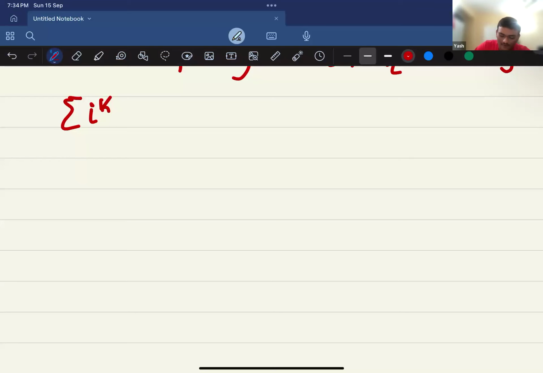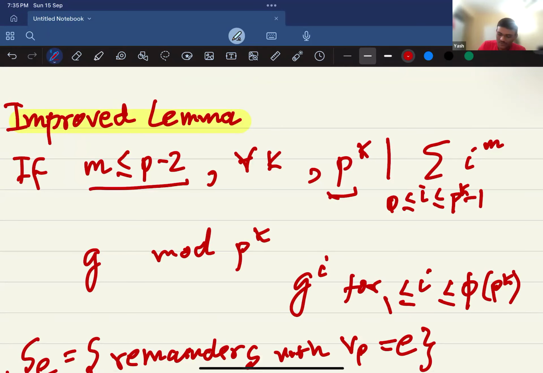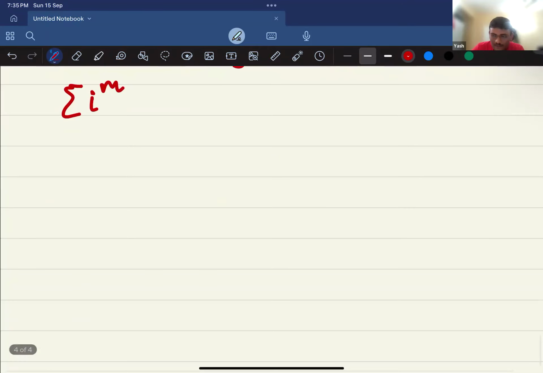So basically, the thing that I was starting off with, i to the m. I'm assuming everything is true, and I'm doing it mod p to the k, with m less than or equal to p minus 2. I'm assuming the statement is true till k minus 1, okay? Base case is done, right? Just the lemma above. You get it, no? Yes. Okay. So this is nothing but